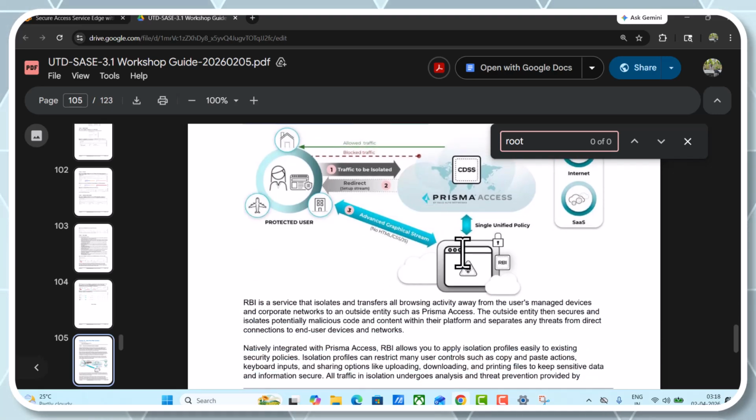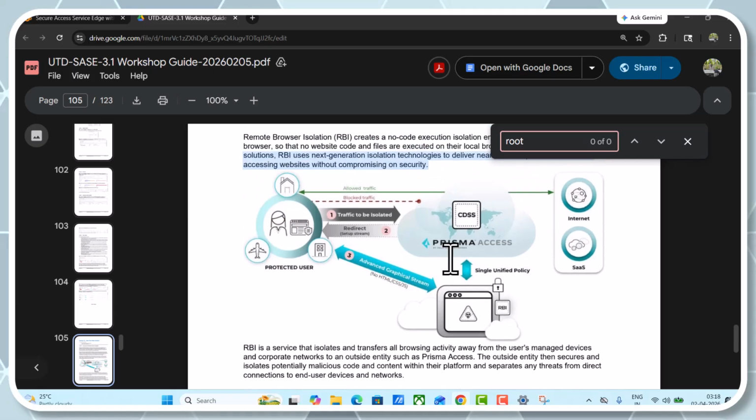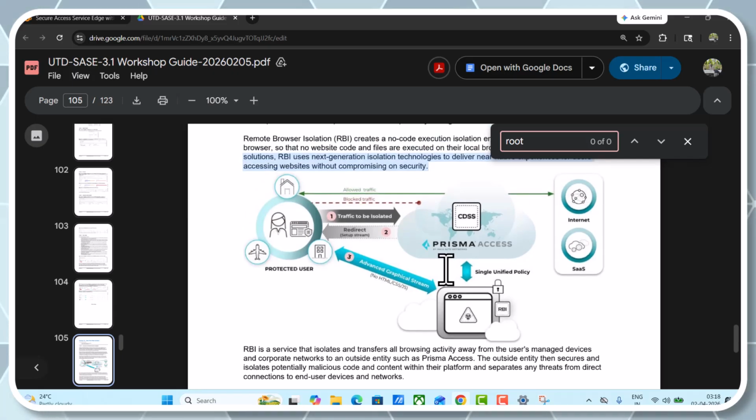So here your RBI is there, and as you can see, RBI is a service that isolates and transfers all browsing activity away from the user managed device and corporate network to an outside entity such as Prisma Access. The outside entity then securely isolates potential malicious code within their platform and separates threats from